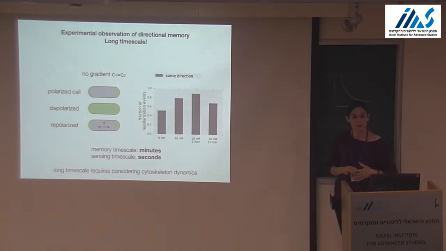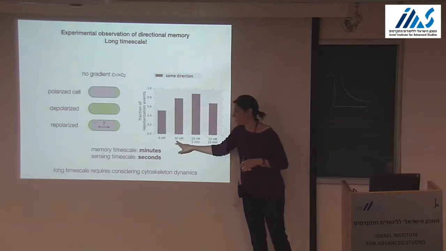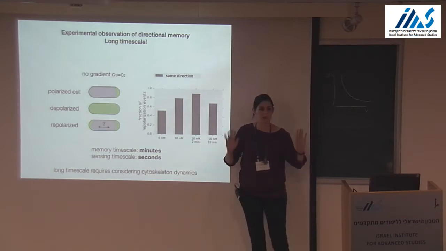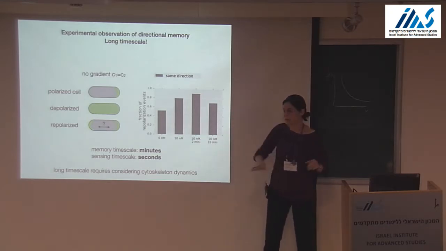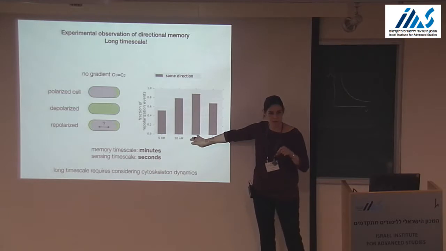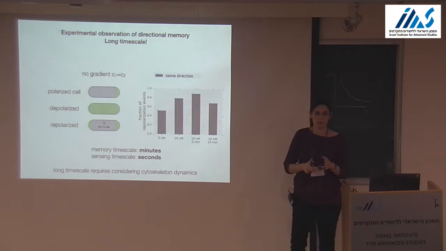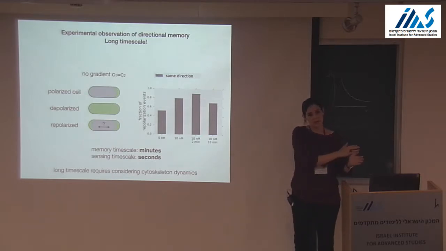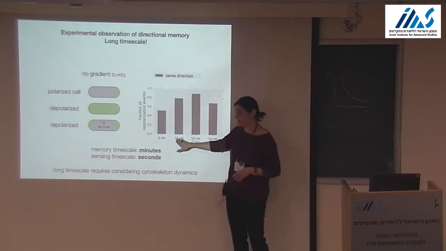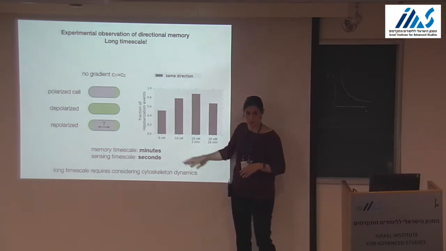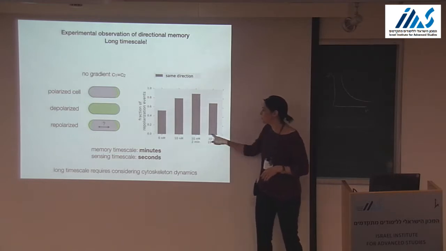Yeah. What's the waiting time for the first one? For the 10... This is just everything. We average over all the repolarization events regardless of the time. Here we just filter out repolarization events at a given time, or you can also force it to repolarize by removing chemoattractant and introducing the chemoattractant. So there are two ways of getting a repolarization at a given time. But this is averaged. So you can say that this is an average of these two, if you will.